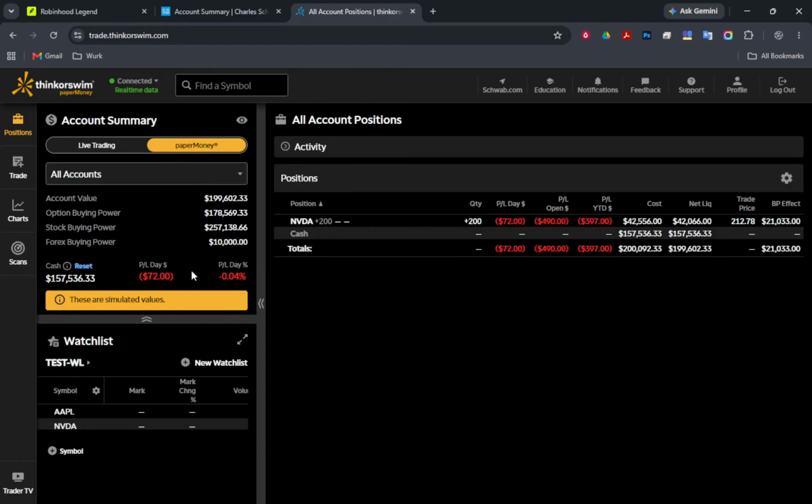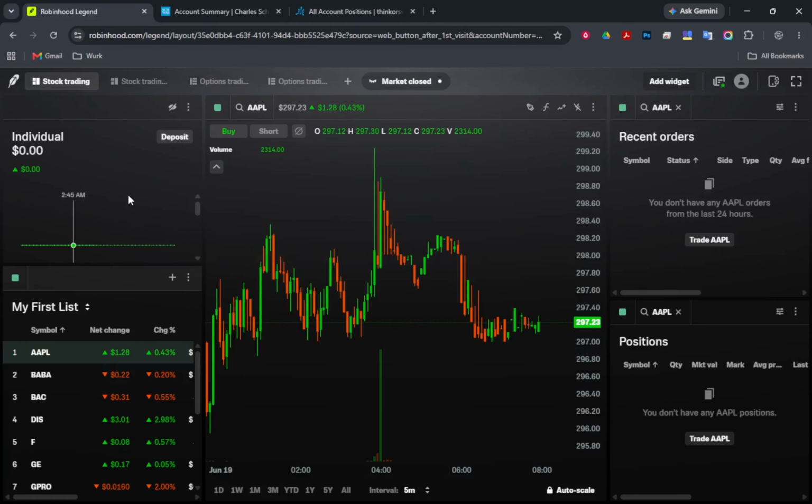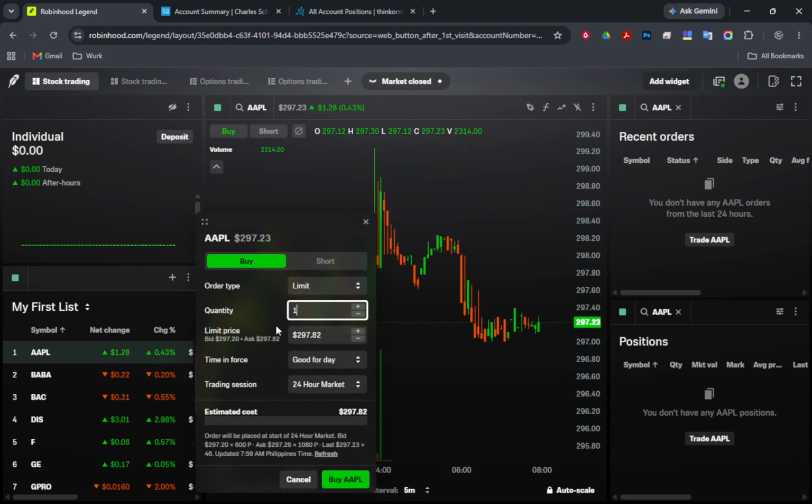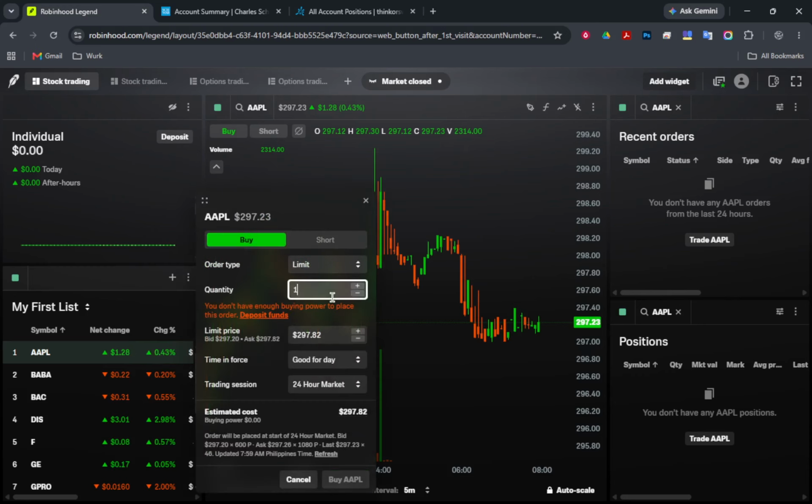With that covered, let's move on to option 2. If you're set on experiencing the Robinhood platform itself, you can practice with real money by using very small amounts. This means you can utilize fractional shares and start with trades ranging from $1 to $10. This approach lets you test strategies in real market conditions, but remember, it is not paper trading. You're still risking actual money, so it's crucial to be aware of this fact.